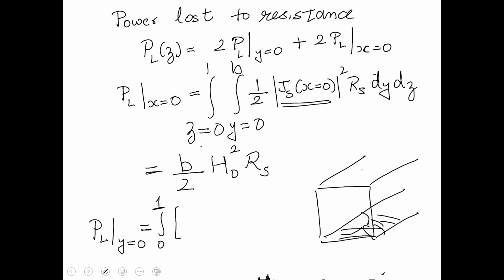So you're going to get terms which are going to be half of Js at y is equal to 0 square integrated from 0 to a over this plate, thickness of that plate, plus